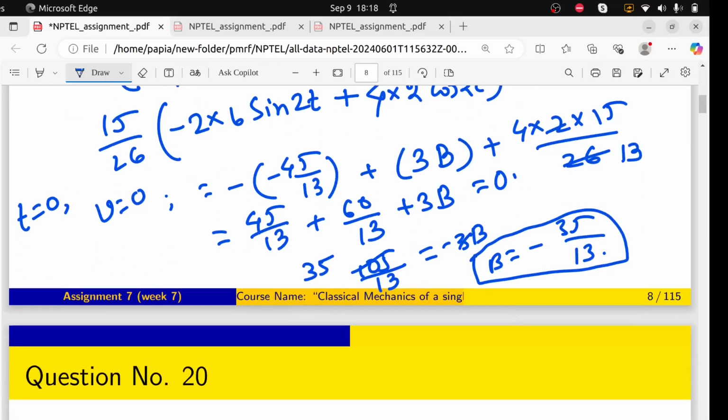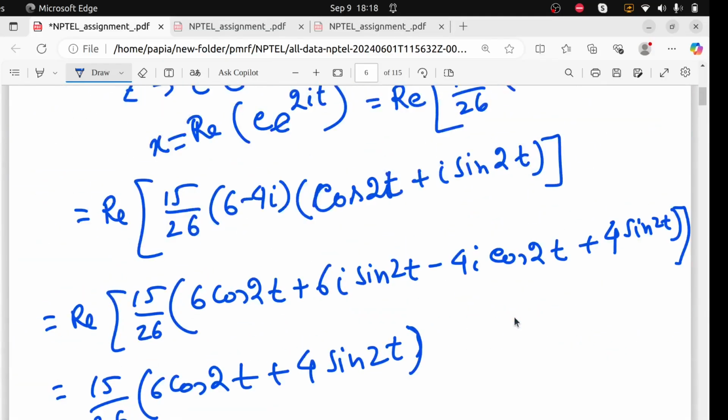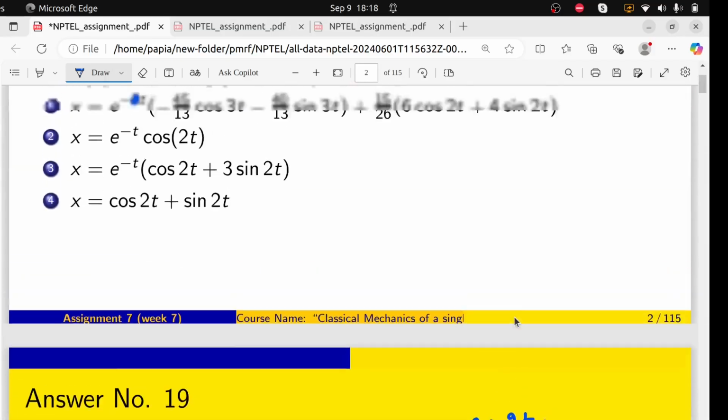So it is 35, right? I think it's correct. You can just check this mathematics a little bit. 5, 10, right, fine. Plus 35 by 13. So the answer will be, I can write here,